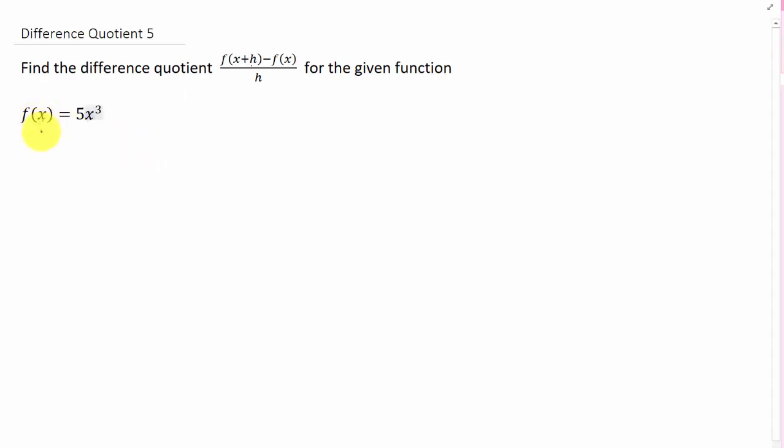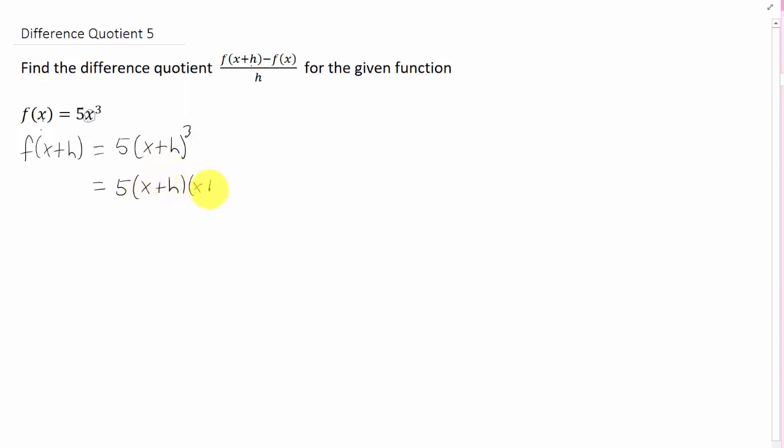Let's find a difference quotient for 5x cubed. Now, as always, if we want to find a difference quotient, we need to start with f of x plus h. Function notation says we would just replace this x, which is cubed, with x plus h in parentheses. Now, simplifying this is going to take a little bit of work, but x plus h cubed, you'll remember, is